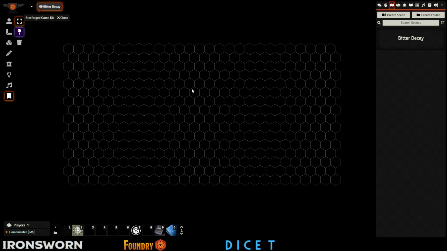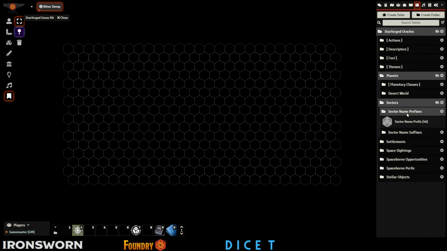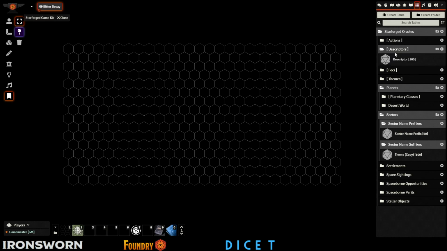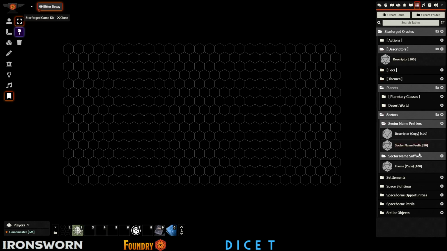At this point, what happens is the name is generated. You can see it's called Bitter Decay. This is based off the random tables in the sector name prefixes and sector name suffixes. Now, these directories, you can drop any folder in here, and it'll pick one of those folders at random to choose the name. So I could take a descriptor here, duplicate this folder, just drop it in here, and when